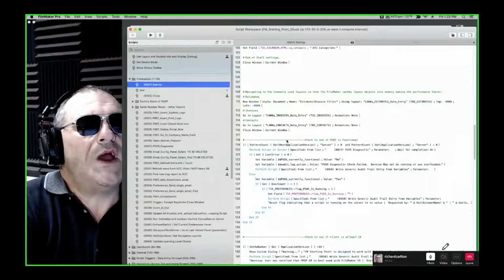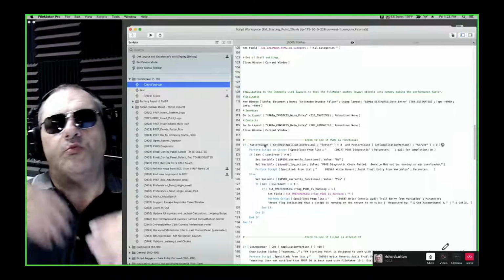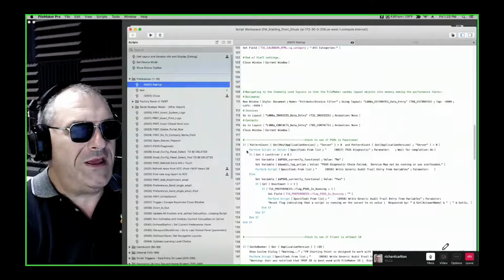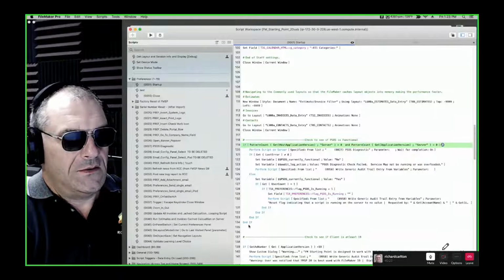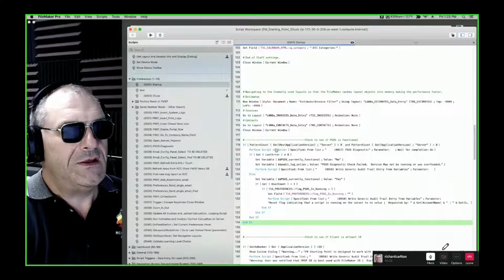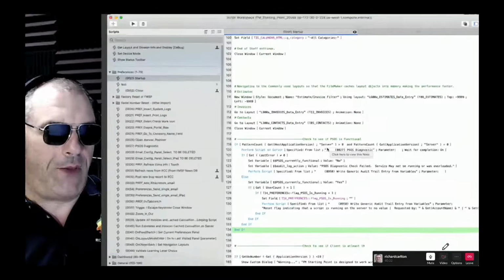So what we do is right down here, we write what we call a wrapper script. From right here to right here is a set of if statements, right? And the if statements you're really interested in are up here at the beginning, where we do a pattern count to see if